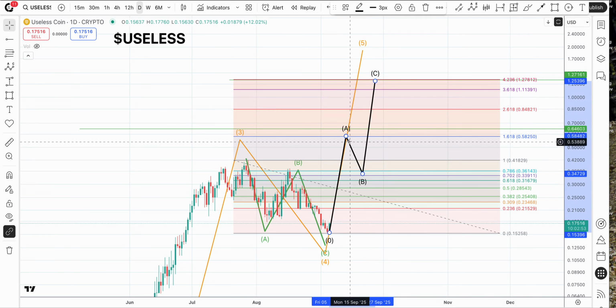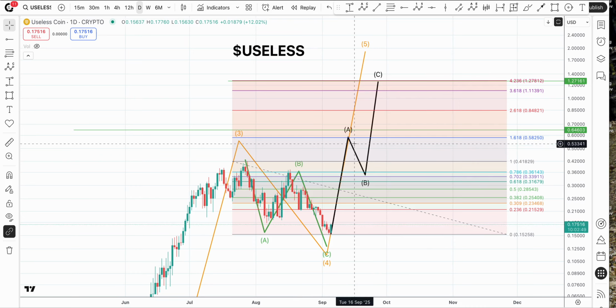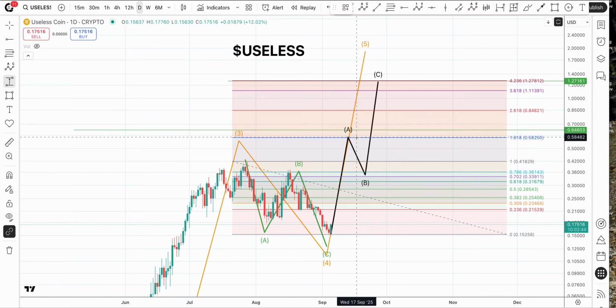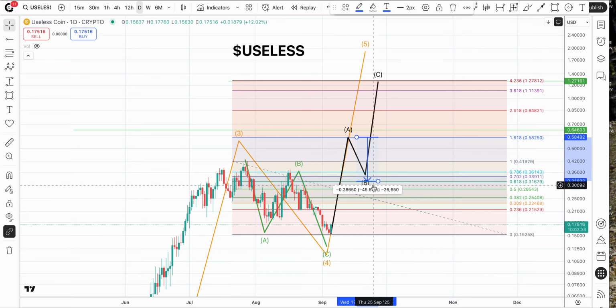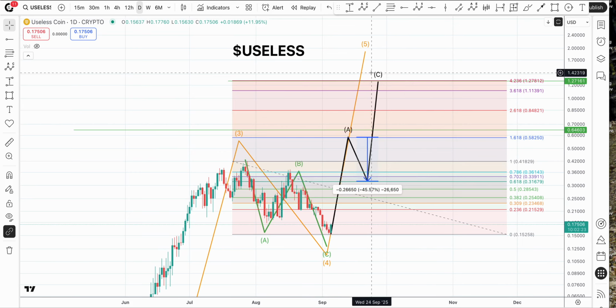And again, this coincides with waves 3, 4, and 5 in the altcoin market. So we want to see this thing pop back up to the 1618, come down and test these lows. Typically, we're looking at a 35 to 50% drawdown in this wave. With this thing being a smaller market cap, I'm going to lean closer to the mid 40s. So if I do that, you can see that we come back down here at the 618, right around like 32 cents. So I could see that run up to 58, drop down to 32, and one more blow-off right here